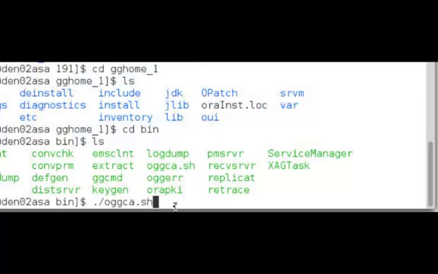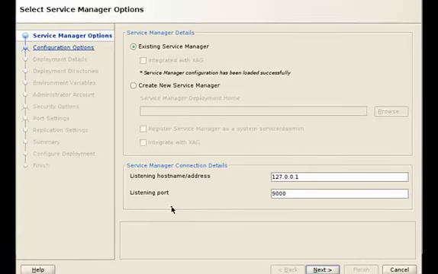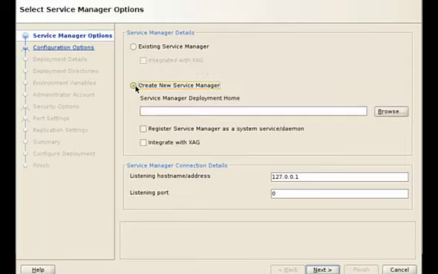Let's run the Oracle GoldenGate Configuration Assistant Wizard, or OGGCA, to set up the Service Manager and other services for your deployment. The oggca.sh utility is located in the bin directory of Oracle GoldenGate Home. You can choose to run the wizard as shown in this video or perform a silent run of the OGGCA utility. When you run OGGCA for the first time, it shows the option to create a new Service Manager. If, however, there is a previous running instance of the Service Manager, the utility would allow you to add your deployment to the existing Service Manager.